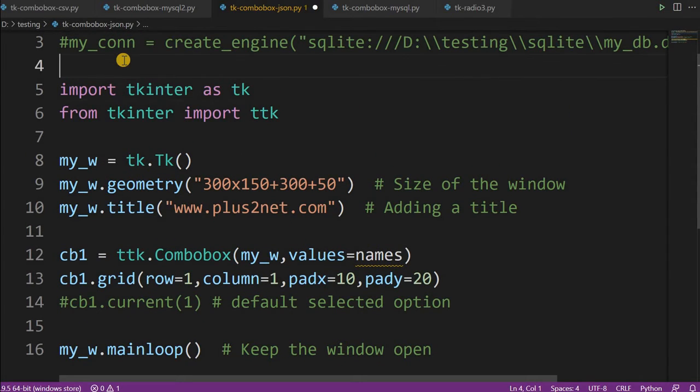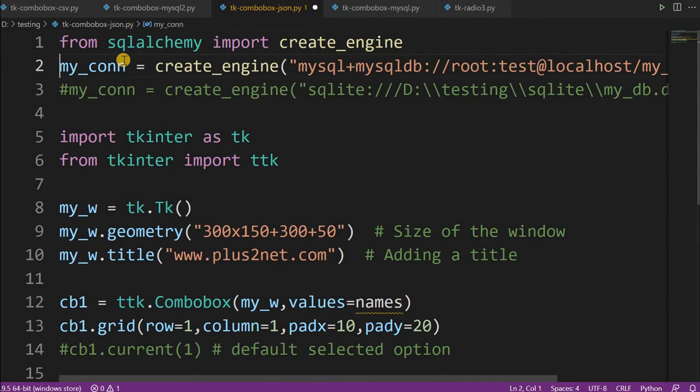So for that let's create it here. We have already connected. Now let's first start with the query, so we'll fetch data from our database. It's a string I am writing. I'll say select distinct. This time instead of names let us pick up all the classes available.